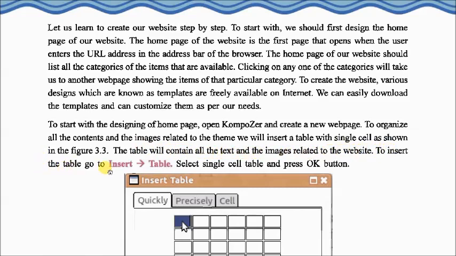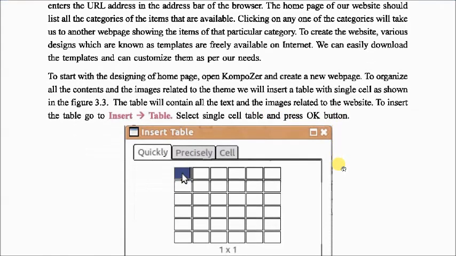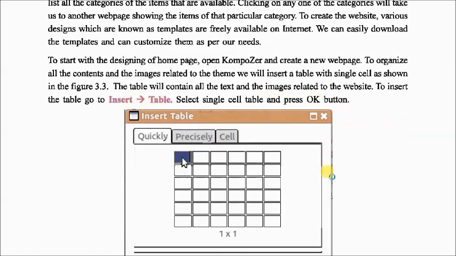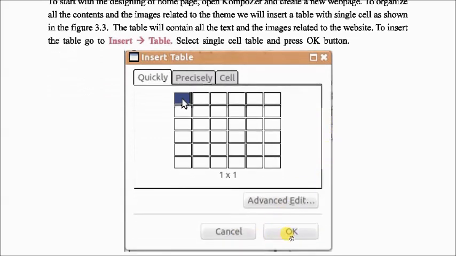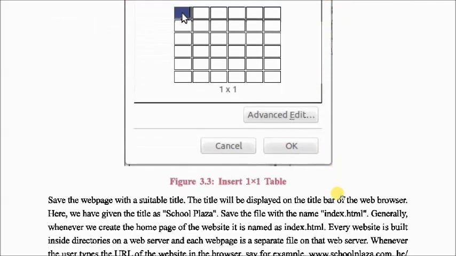To insert the table, go to the Insert menu, then the Table option. Select single cell table and press the OK button. Select one cell and then press the OK button.